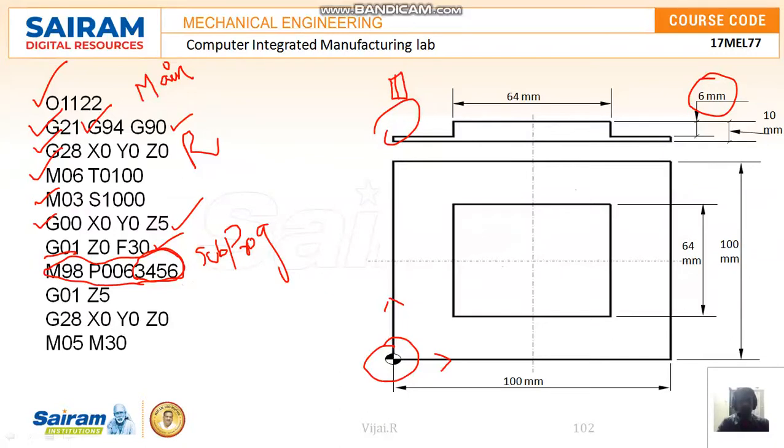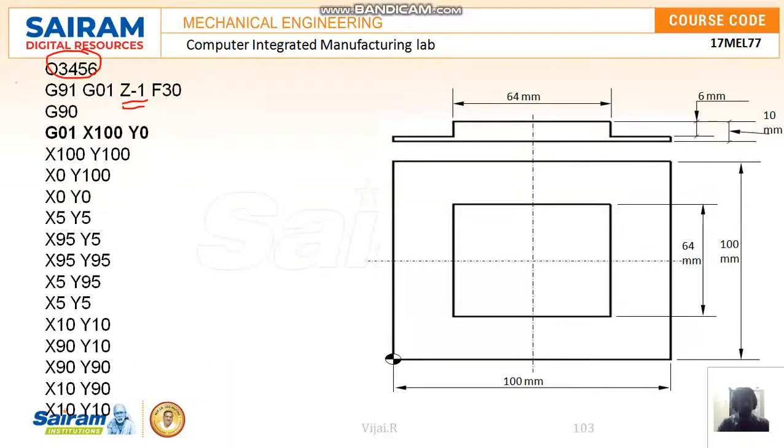That's all. Once all is over, then it has to go G01 upward, and then it will go to X0, Y0, Z0. This is where the program is going to end: stop the spindle and stop the program. So this is normal, common to all programs: starting with the program number, metric data input, feed, okay, and home position, M06 and all. But here we are going to use the subprogram end and the subprogram finish. The subprogram call is M98, and once we call, immediately it will activate.